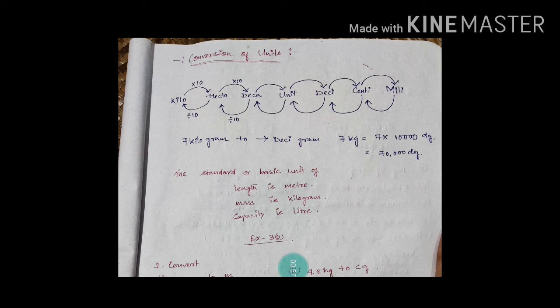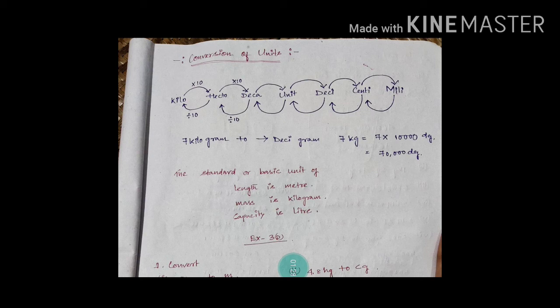How will you explain? You will take some unit, like: the capacity of this bottle can contain 5 liter, or maybe 1 liter, or 50 ml or 500 ml, like this. So this ml or this liter, these are units. Or suppose what is the length of your pen, what is the length of your book, or how much weight is there. So to identify the property of something, we need a unit.